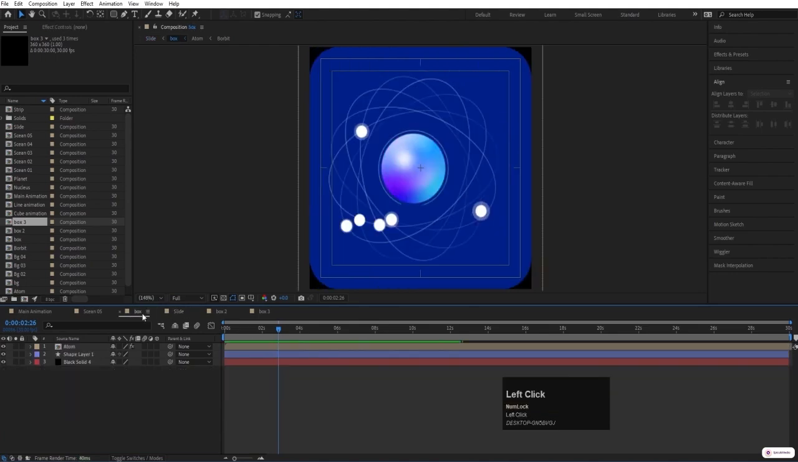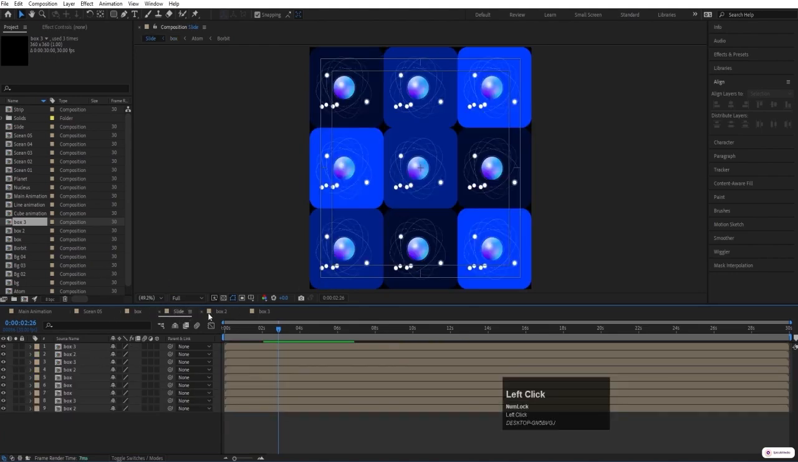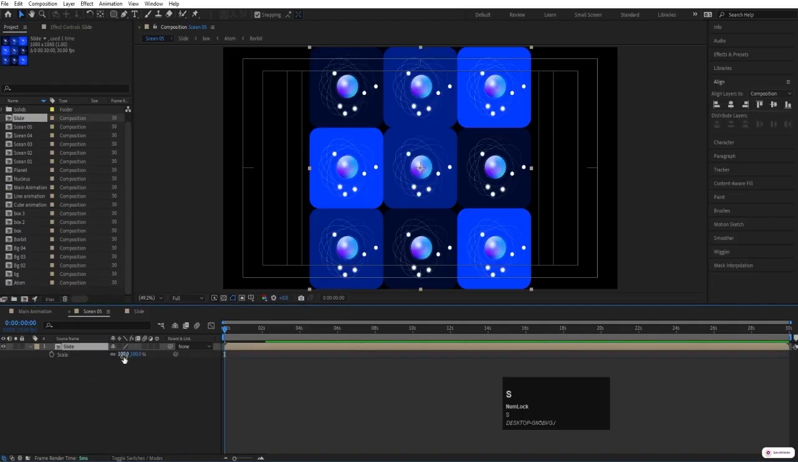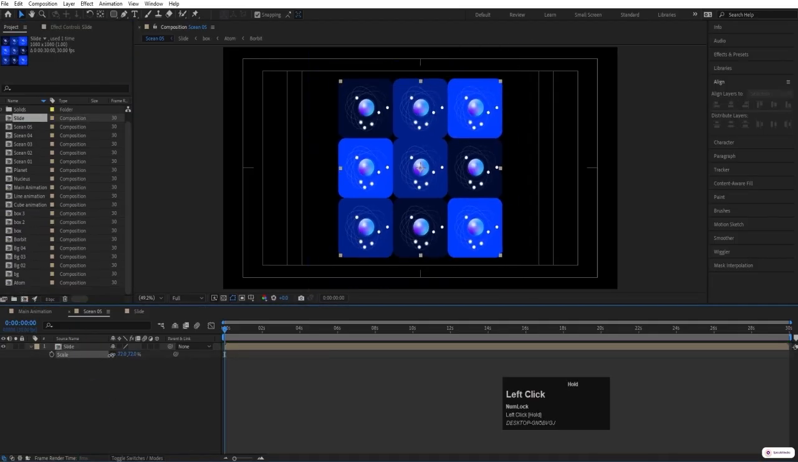Now let's go to the box or slide over here. As you guys can see, in slide we have all these 1 2 3 boxes. Okay, now let's go to the scene 5 and we are going to bring our slide over here like that. Press S and let's decrease the size of this somewhere